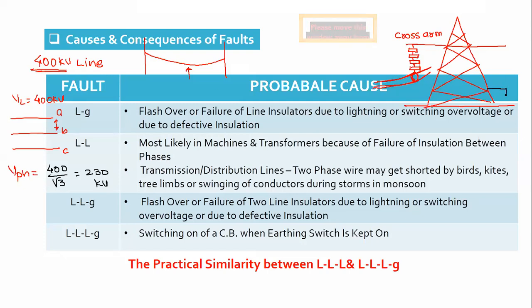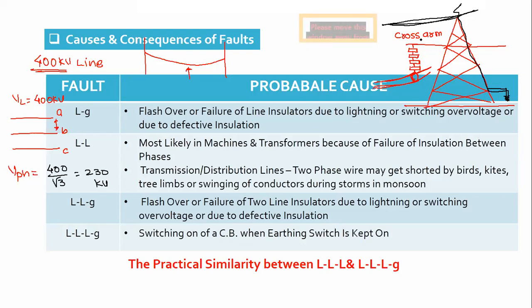Now this tower is generally grounded, so that whenever lightning strikes on the tower, let's say it is the earth wire, the lightning will be directly and safely grounded, and we can save the costly equipment of the power system. So generally there is an earth wire at the top of the tower, covering the phase conductors and protecting against lightning strikes to the transmission line entering the power system.